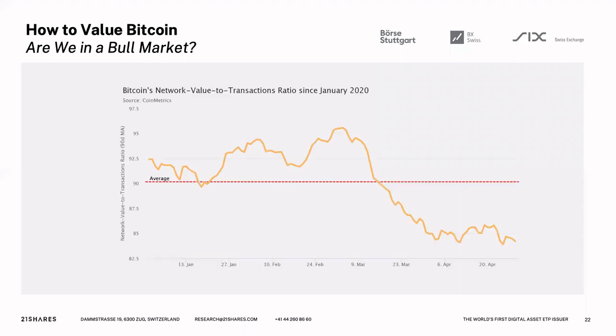So we can look at this metric since the start of this year up until now, and we can see that Bitcoin's NVT ratio is actually at one of the lowest points it's been this year, which signals that, at least within the smaller time frame, the market seems to be pricing Bitcoin at a steeper discount based off the amount of transactions and its usefulness as a transaction medium than it has done in the past. Despite the fact Bitcoin's price may seem like it's at a relatively high level, one could argue that based on this factor alone, it seems to be priced more fairly than it has been at any other point in 2020, based off this metric.